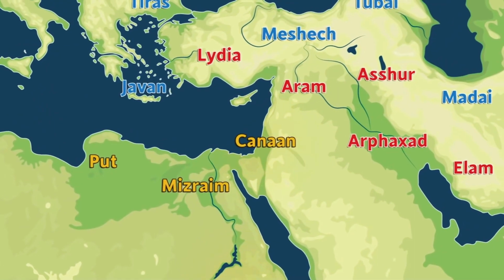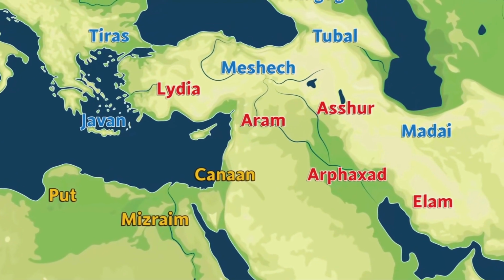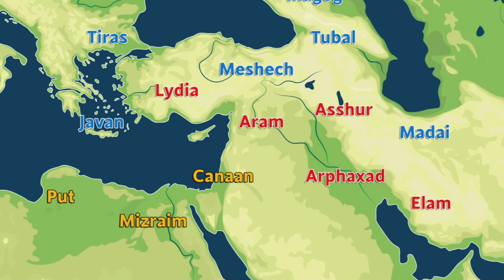Turning our attention to the red section representing the descendants of Shem, there are also several recognizable place names here too. Aram being an ancient name for Syria, Asher being an alternate name for Assyria, and Elam being a nation that existed on the Iranian plateau prior to the rise of Persia. The only one that stands out as being a personal name rather than a place name is Arphaxad, which, as we'll see, is the person from whom Abraham, from Ur of the Chaldeans, descended.